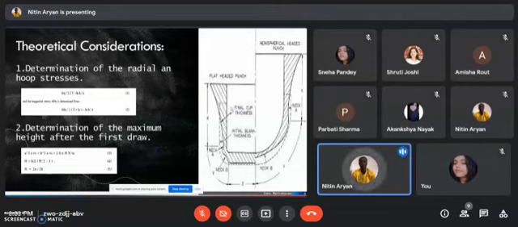So in this section, the major parameters affecting the deep drawing process will be discussed by my other fellow mates. Over to